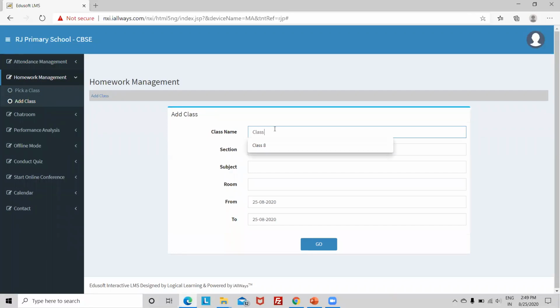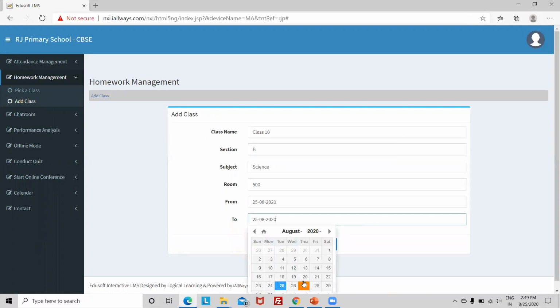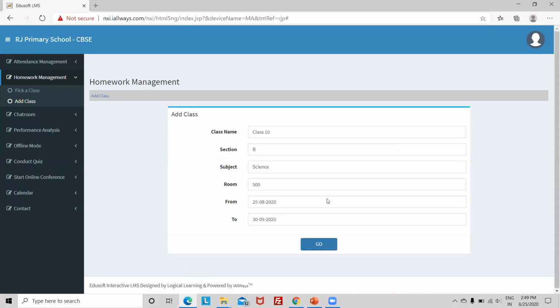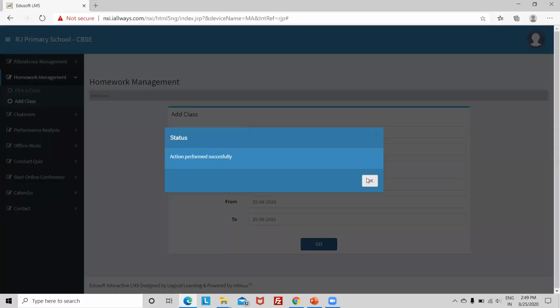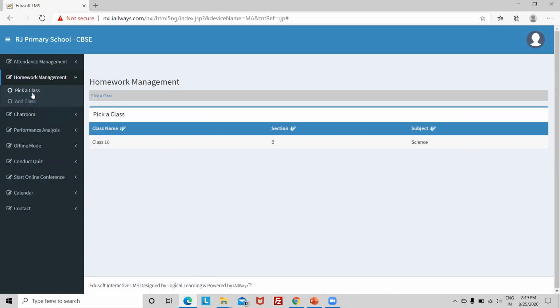I'll just give some class 10, section B, subject, I'll just give science. So the first thing the teacher needs to do is add a class. So you'll see the class listed for the teacher.